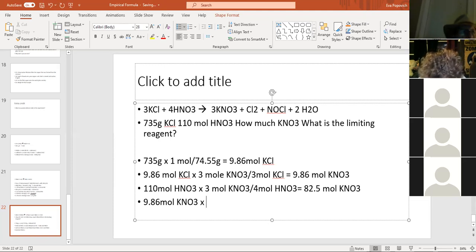Now what do I do here? I got 9.86 moles of potassium nitrate. What am I doing now? Go to grams. So I'm going to take my 101 and multiply it by 9.86. And this is going to give me